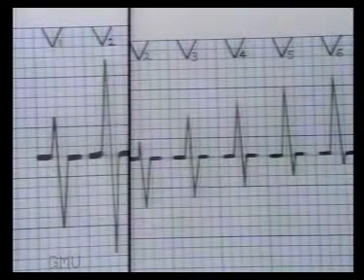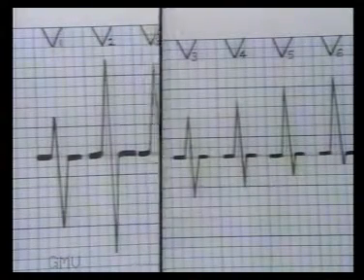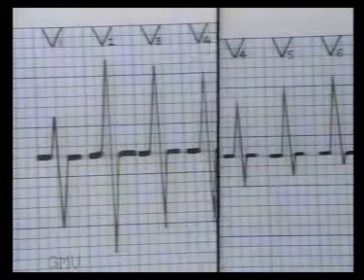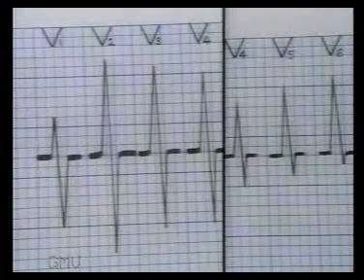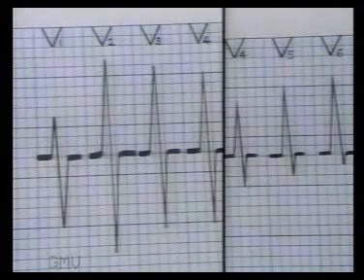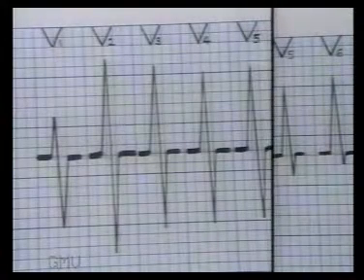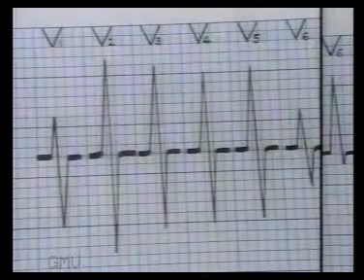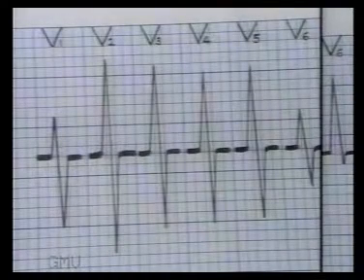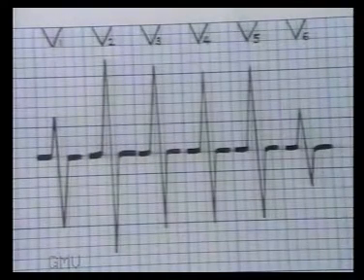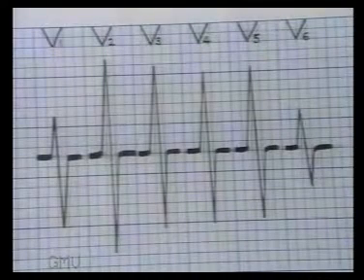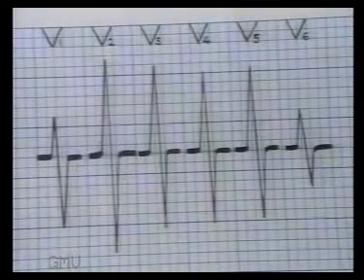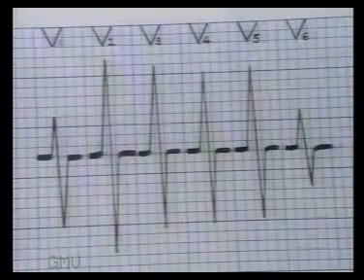Lead V2 also shows a prominent R wave. Leads V3 and V4 are similar with equal R and S. Lead V5 shows a deep S wave and lead V6 again shows a prominent S wave. So whenever there is a prominent R wave in lead V1 or deep S wave in V6, right ventricular hypertrophy